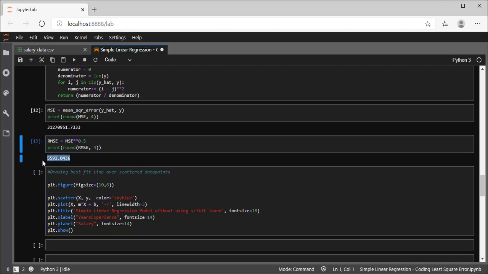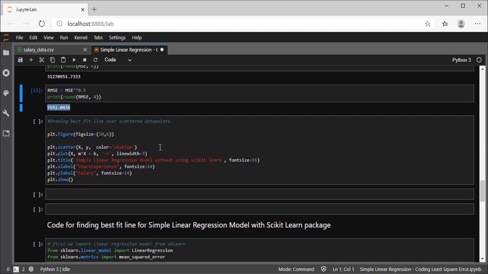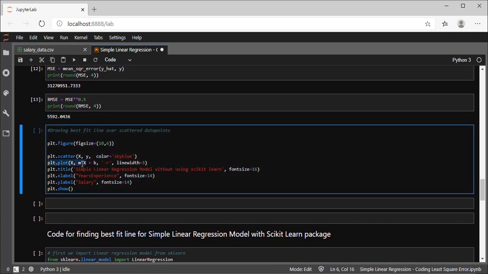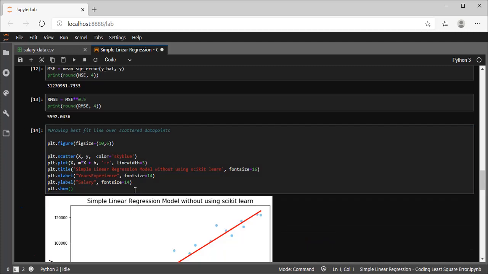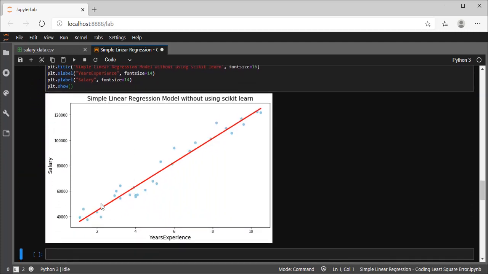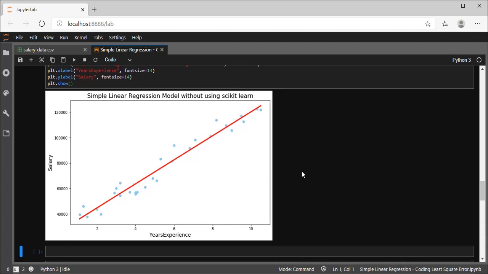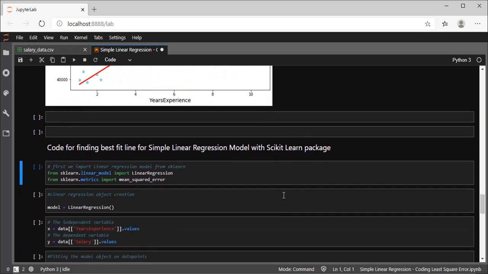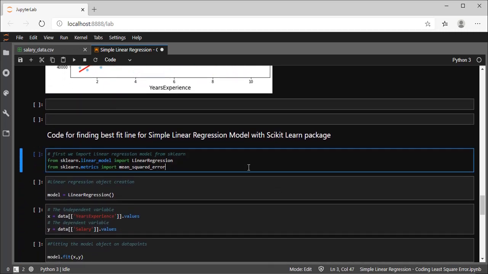Cool. So guys, now we have the new M and B values. According to the theory, we can directly draw the best fit line by using these values and putting them into the equation Y is equal to mx plus b. So guys, we have seen that without using the scikit-learn library, we have written our own functions based on mathematical formulas. Now have a look into how we can make use of the scikit-learn library to make this process simpler. But we must know the logic used behind these built-in packages. So let's quickly move into the scikit-learn part.